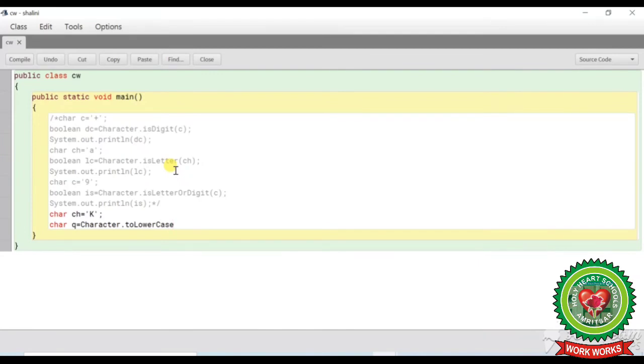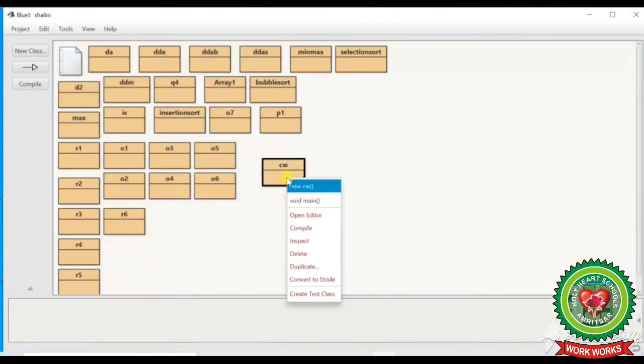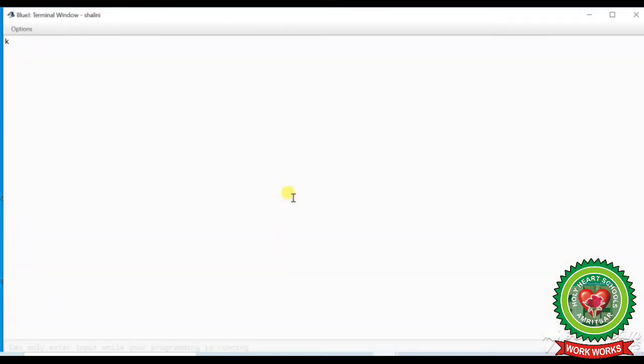Now in bracket I will pass ch, then System.out.println, then in bracket q, and compile the program. Minimize it, right click, void main. The answer is small k, as it has converted the uppercase into lowercase.